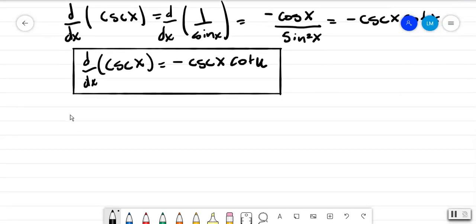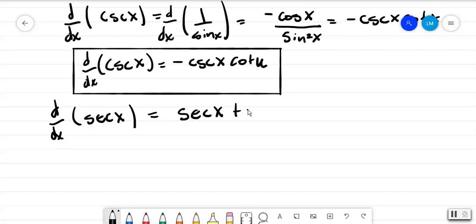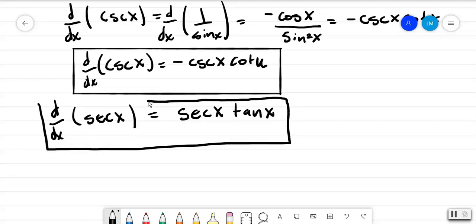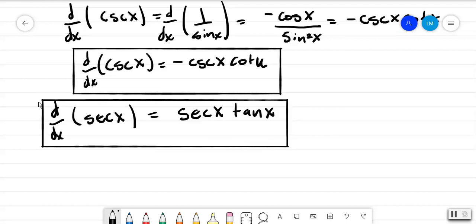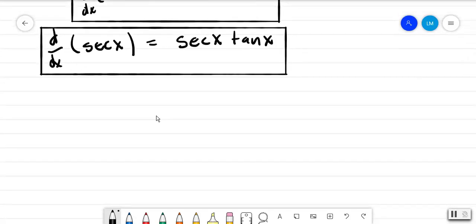So the same thing goes for if you have the derivative of secant of x, well, that's just 1 over cosine, which basically means that that's going to be secant of x tangent of x. So we have our other derivative of a trigonometric function, and then followed by the last remaining one, which is the derivative